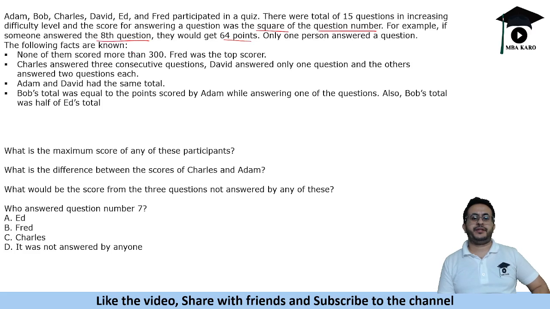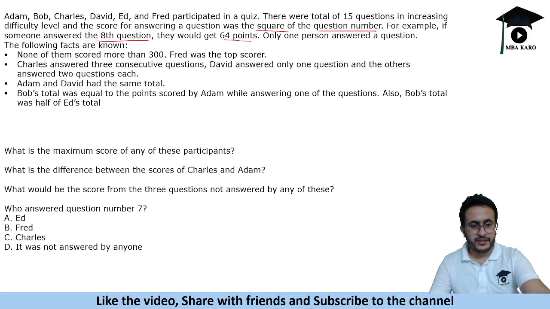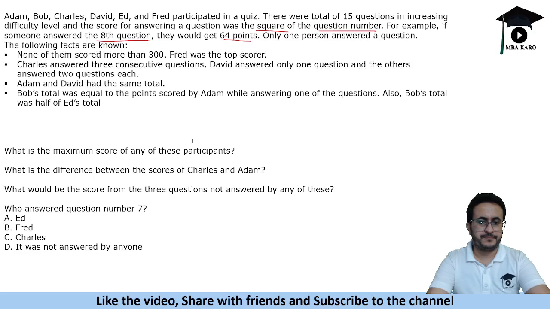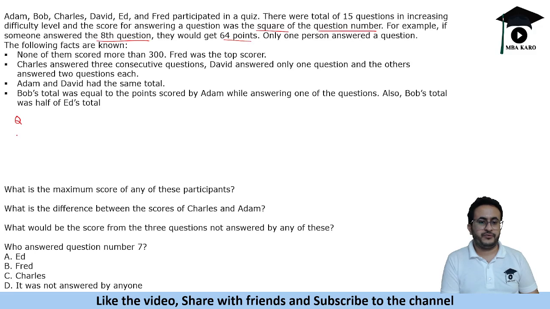None of them scored more than 300. Fred was the top scorer. Charles answered 3 consecutive questions. David answered only one question, and the others answered 2 questions each. So we will make a sort of table showing which question has been answered by which person, and the score that they can get in that. Let's put the question number, the score, and the person who answered it. So question number 1, 2,